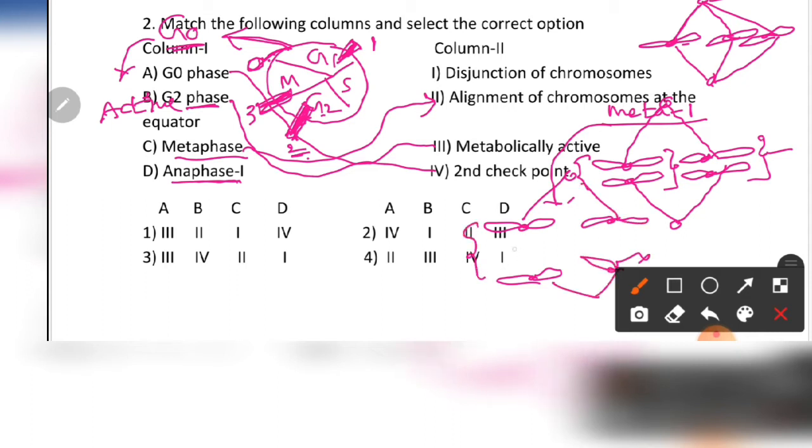In anaphase 1, homologous chromosomes of the pair get separated. There will be no splitting of the chromosomes and no interzonal fibers are formed. Comparing to metaphase 1, where the pair of chromosomes is aligned in the equatorial region, in anaphase 1 the pair gets separated. There will be no splitting of the centromere. So anaphase 1 is a disjunction of the chromosomes, so our answer is 3. We will go for the next question.